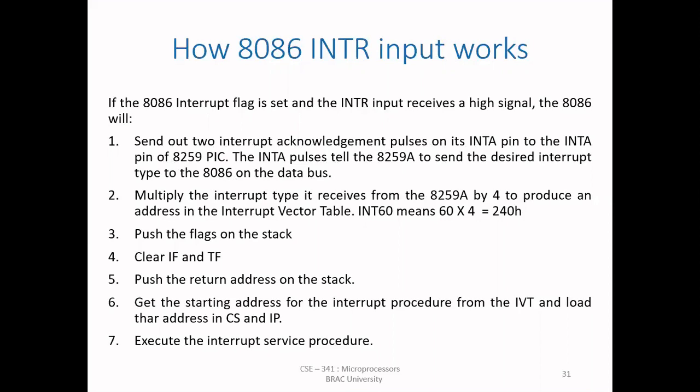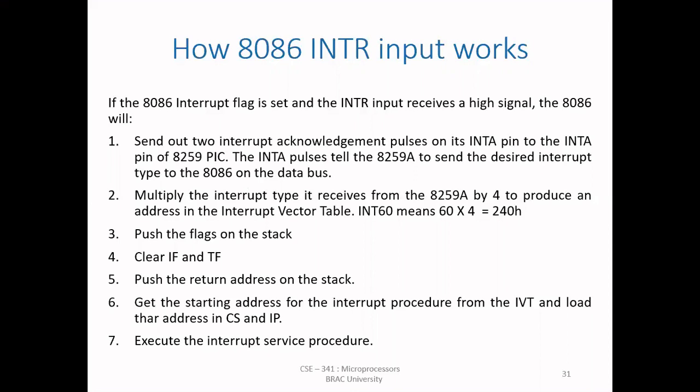Suppose the 8086 receives an interrupt signal on its INTR pin. If it wants to service that interrupt, it will send out two interrupt acknowledgement pulses from the 8086 INTA pin to the 8259 INTA pin, and by this the 8086 wants to tell the 8259, please send me the desired interrupt type through the data bus. So what can be the desired interrupt type? That means type 0, type 3, type 244,